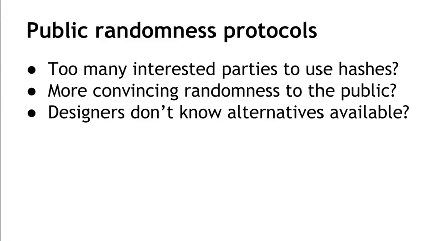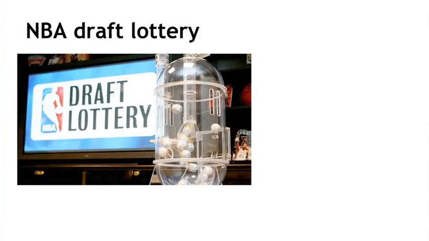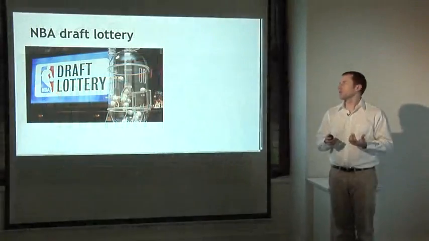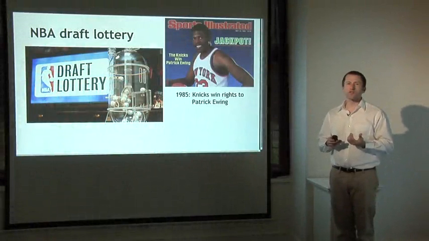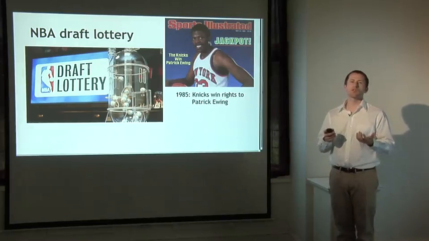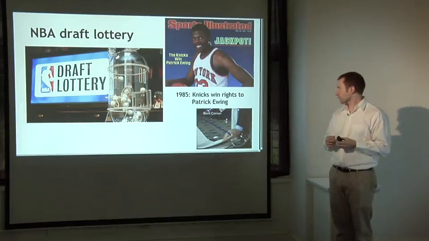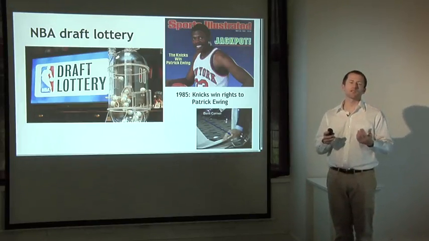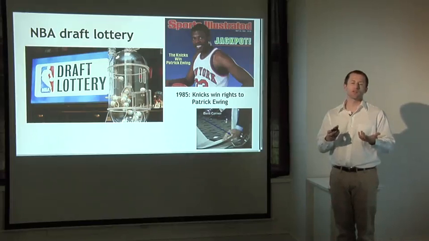So one example that happens every spring is the NBA draft lottery. So all 30 teams in the NBA get together, and they randomly choose, with some weighting based on how the teams did in the previous season, who's going to have the rights to draft the top amateur player in the country. So this was first done in 1985, and it was a little bit of controversy then because the New York Knicks won in the first year, and they were able to select Patrick Ewing, who was a very highly touted prospect. And almost immediately after that happened, people alleged that there was a conspiracy and that this process was rigged, so that the Knicks, who happened to play in New York, which is a large media market, were able to select the best player.